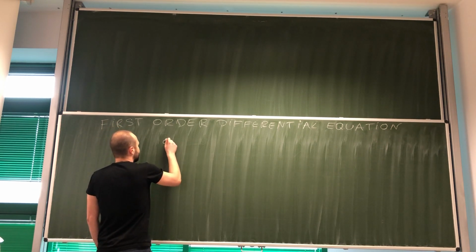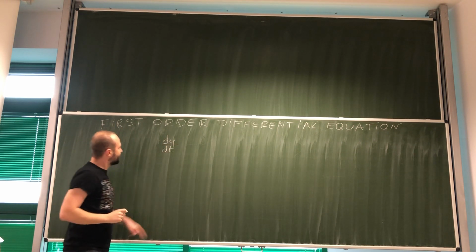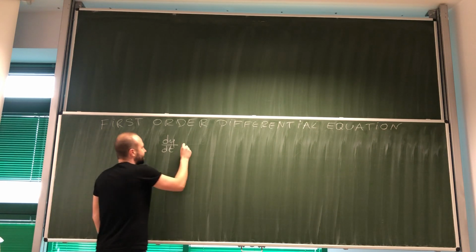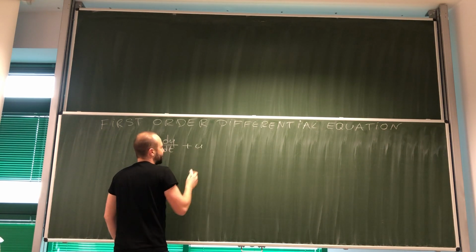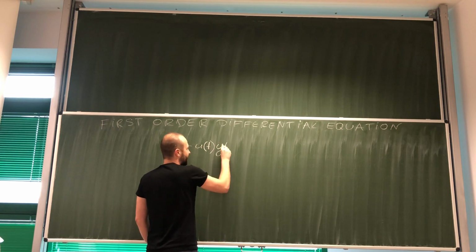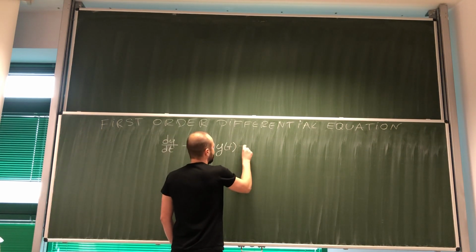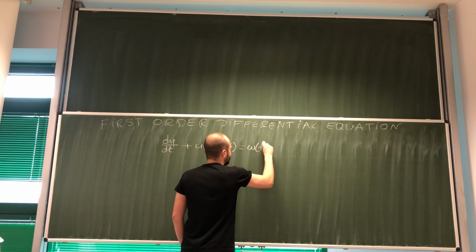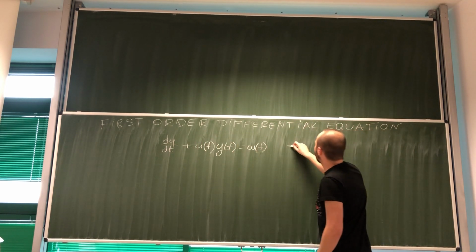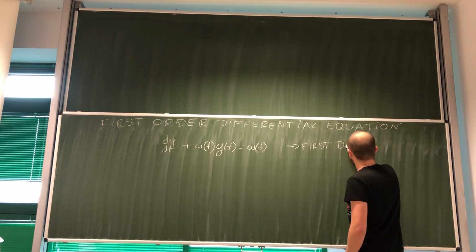Here we have dy/dt, so this is the first derivative of y with respect to t, plus some function of t times y, and that equals some function w(t). And this is a first degree